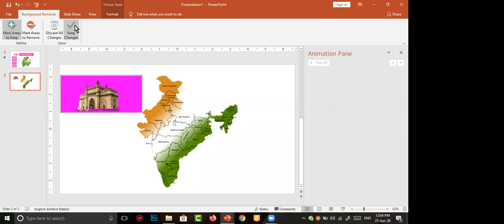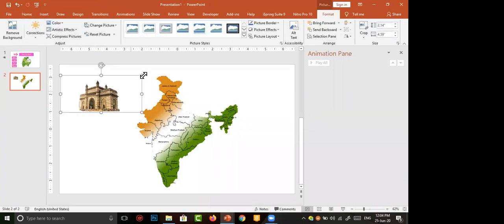Then click on keep changes. Otherwise, you download a neat picture, then you place it in your presentation.